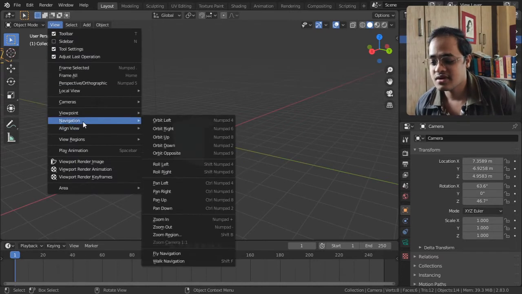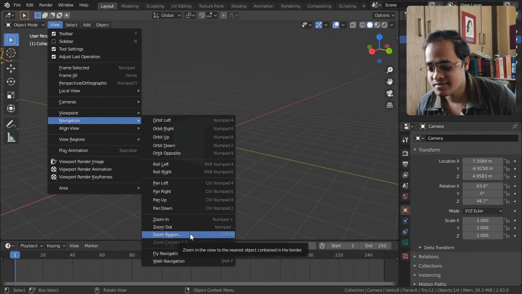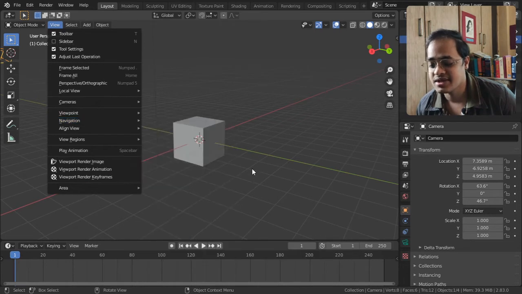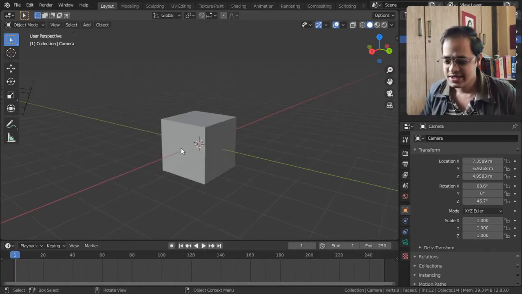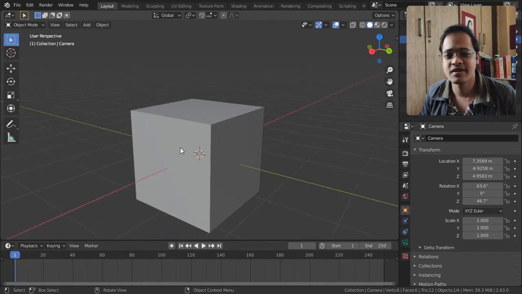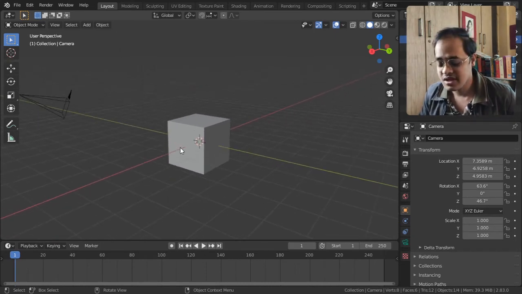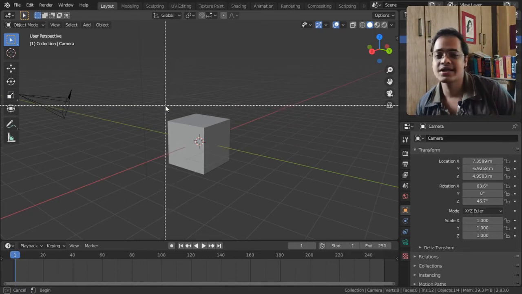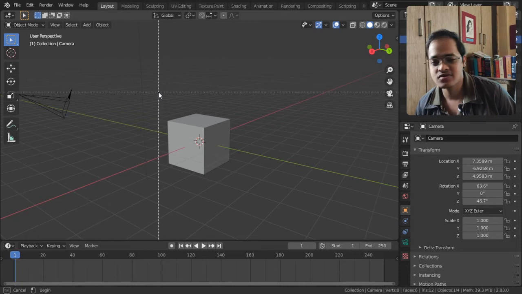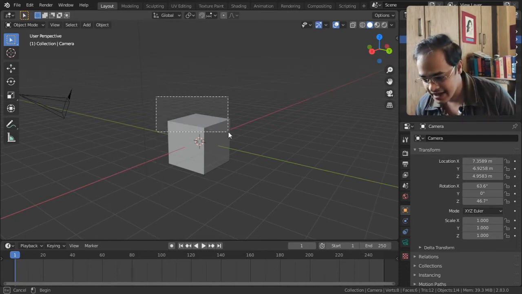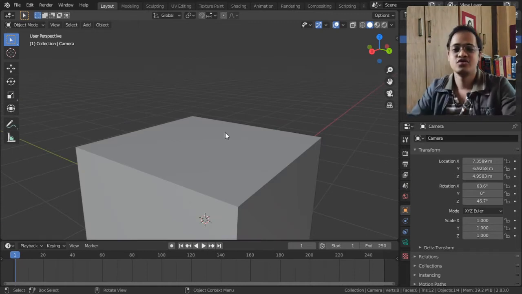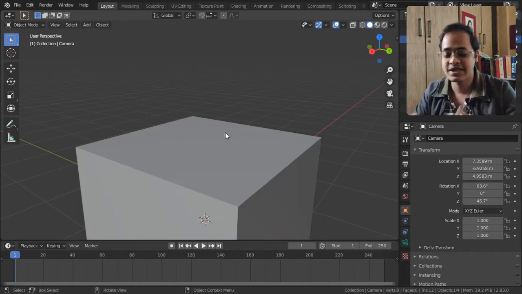Next option is zoom in, zoom out, and zoom region. So numpad plus, numpad minus, and shift B. Let us see what that gives. Zoom in is as usual, and as you can see, we can do it with the scroll wheel also. What shift B does is, the moment I press shift B, this kind of cursor appears on the screen, and if I click and drag over this area on the top of this cube, my Blender zooms in there.